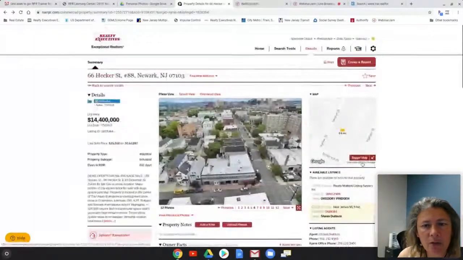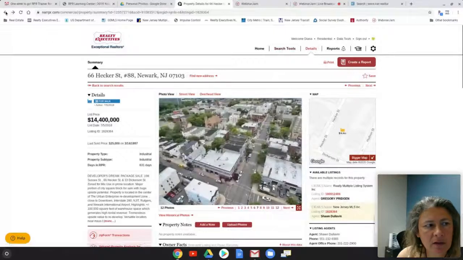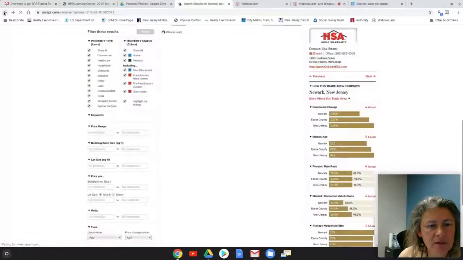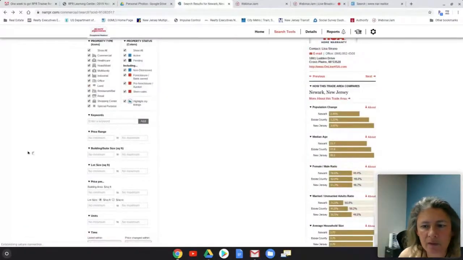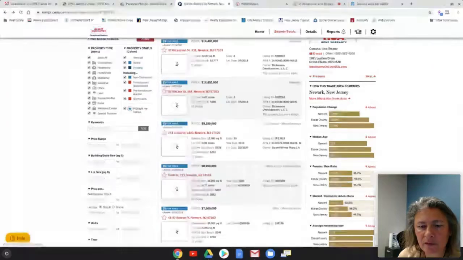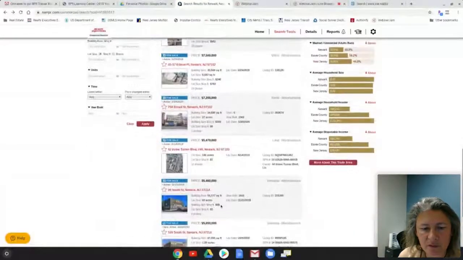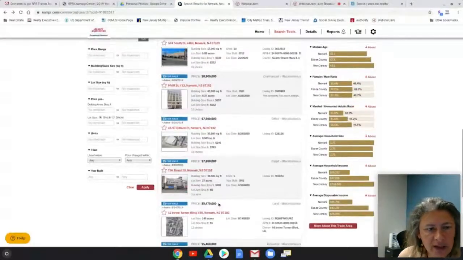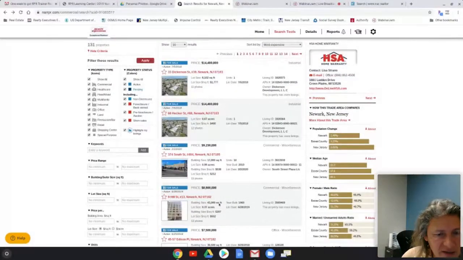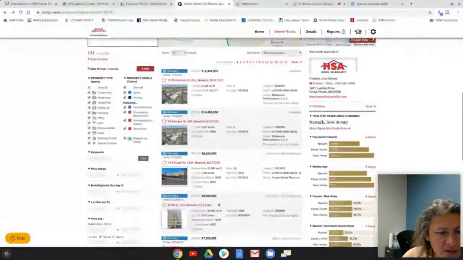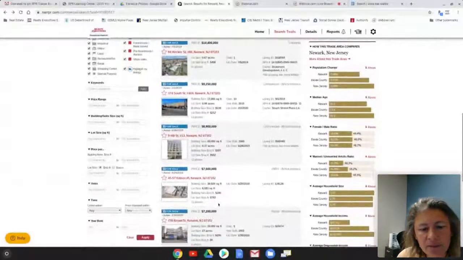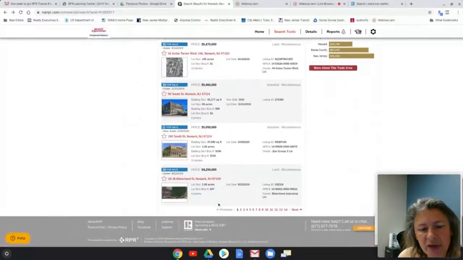Okay, let me go back. You can also look at properties that have closed. But most of the times you can actually see the details of the particular property. Trying to find one that is,